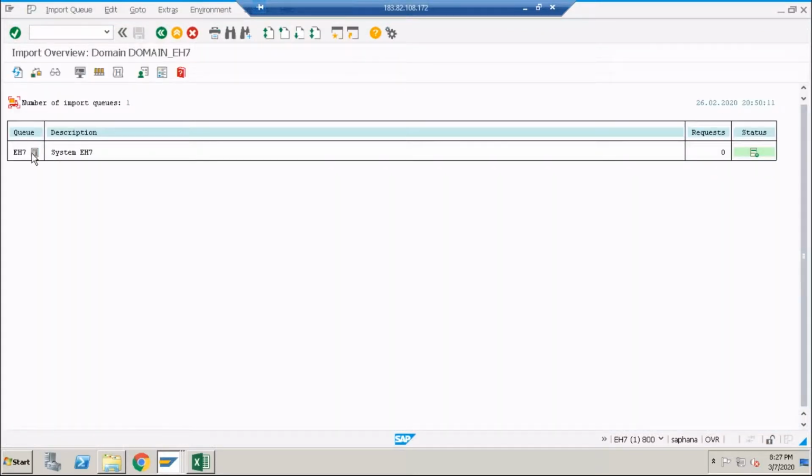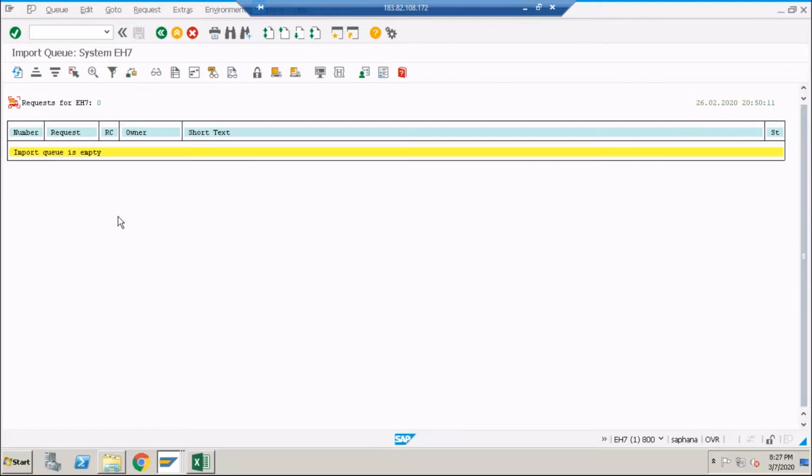Yes, click on then double click on any system. Go for main menu option. It's showing only the name, request, and RC. Do you want to go for the next one? No, in the above only, how can I go for edit? The Q, go for Q, or more options are there. Achha, Q. You have to go for Q.